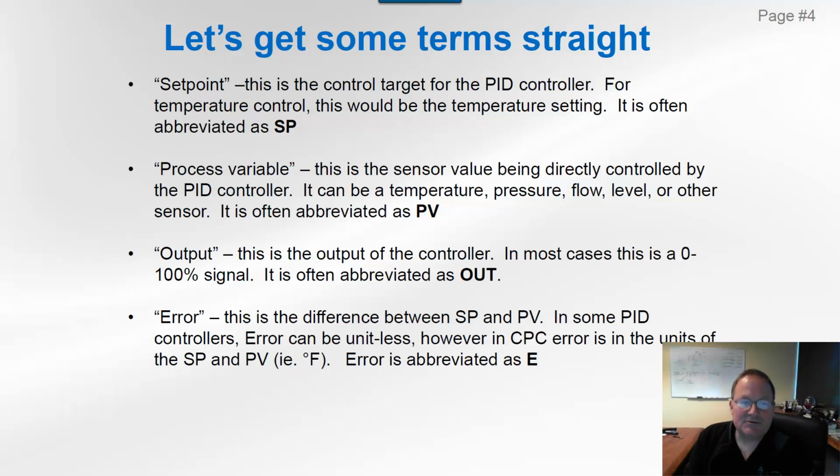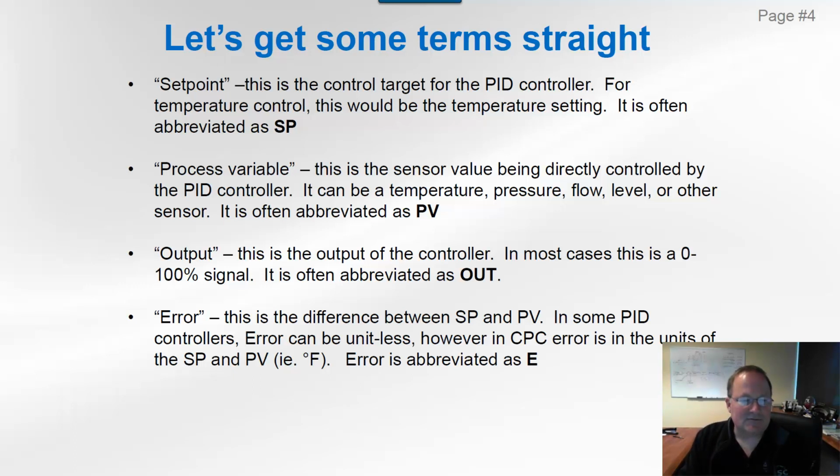So let's get some terms straight. As a controls engineer at ASC, you're going to hear the terms set point, process variable, PV, output, error, and that type of thing. Set point is the control target for the PID controller. So for temperature, for instance, this would be the temperature setting. For pressure, it would be the pressure setting. It is often abbreviated as SP, and throughout this training, you're going to see SP on a lot of the